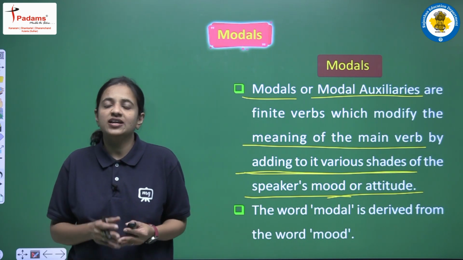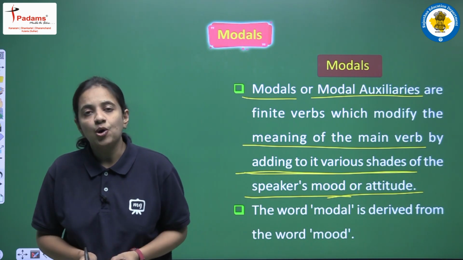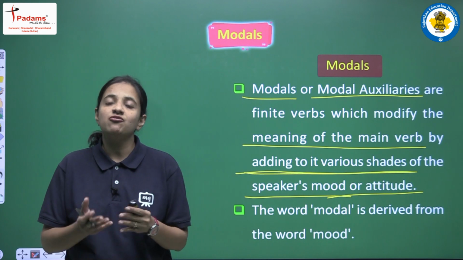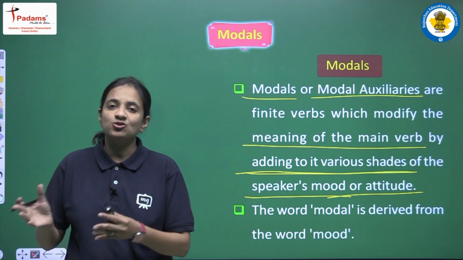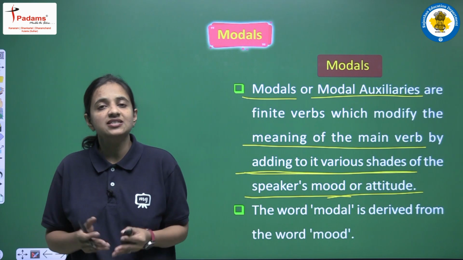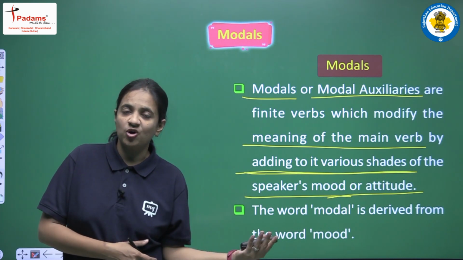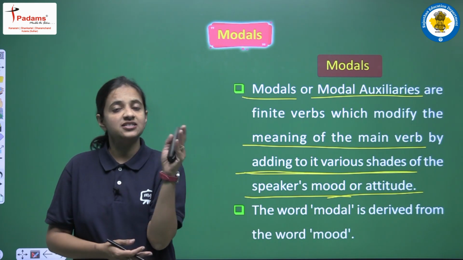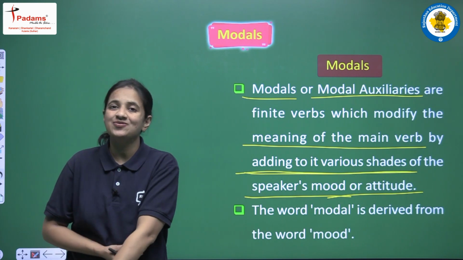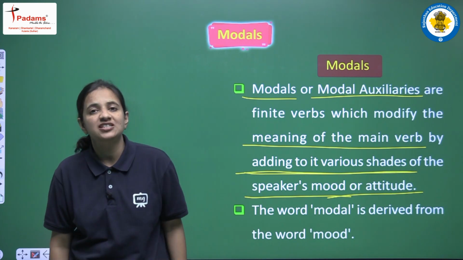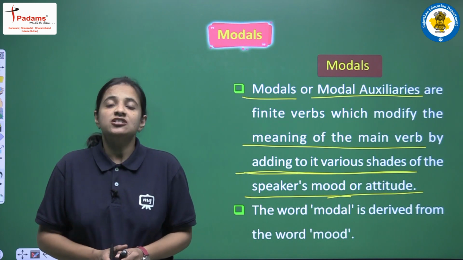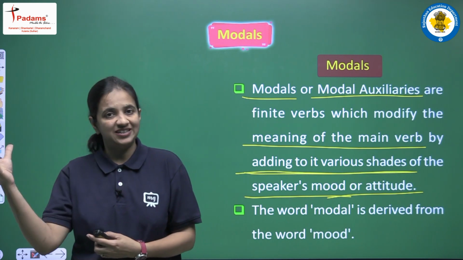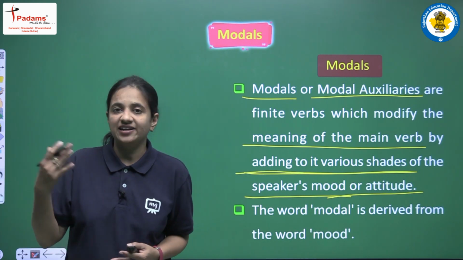So modal means we can say modal auxiliaries also. So they are the words that can modify the main verb. Okay, we can use the same main verb, but when that main verb is used with different kinds of modals, then we can say that according to any other modal we can have a different meaning, a different shade, a different attitude from that similar main verb. Okay, so this is, we can say, the magic of the modals, because जिस किसी भी main verb के साथ use होते हैं, so then it can modify the meaning of that main verb according to the speaker's intention, according to the speaker's mood and his attitude.